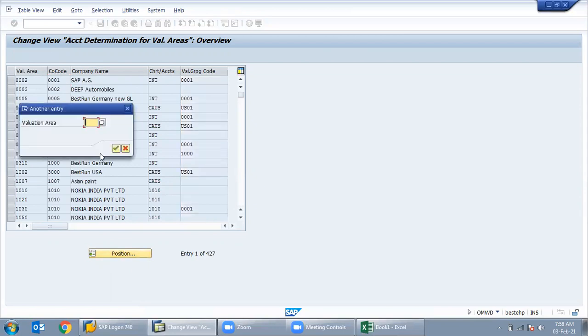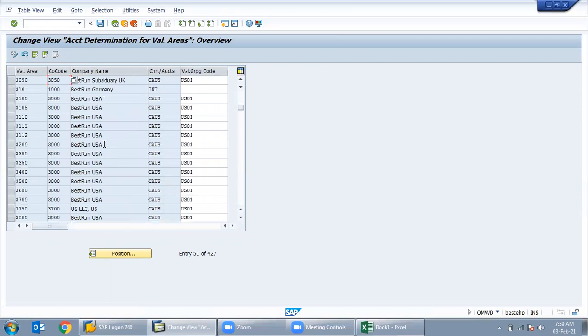The valuation area we are using is 3040. So the combination of valuation area, whatever is coming in the drop down, should be assigned with company code, chart of accounts, and valuation area.